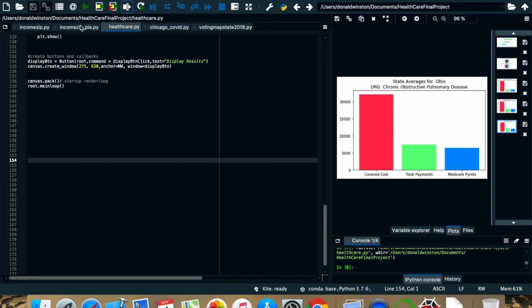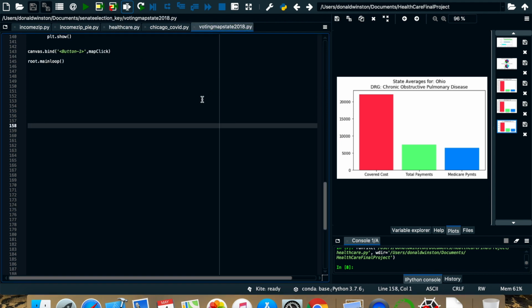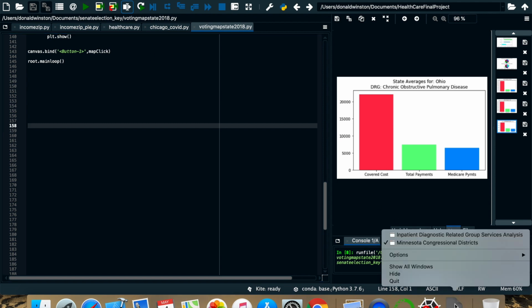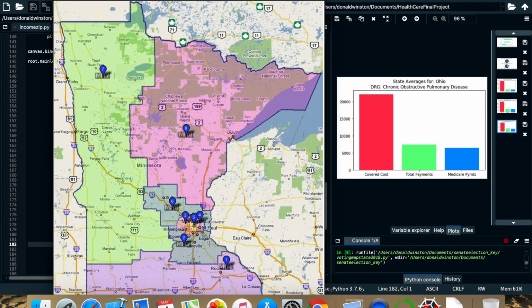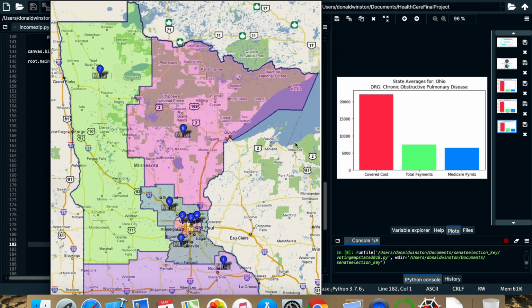The next one, voting. So this is actually data taken from Minnesota voting statistics. And so when this pops up, so here. So this one I've done quite often with students. But here's a map of the congressional districts in Minnesota. And the way this worked, if you clicked outside one of these